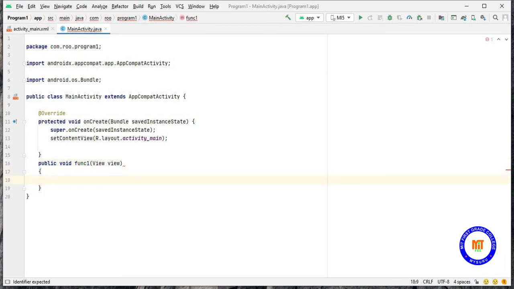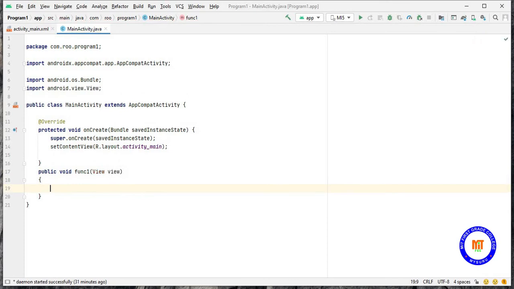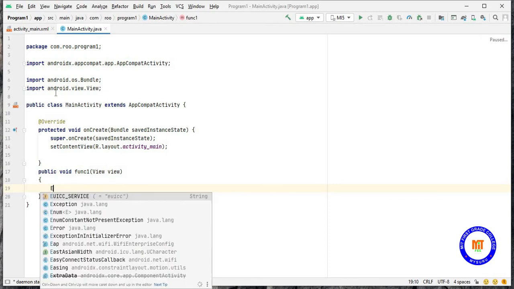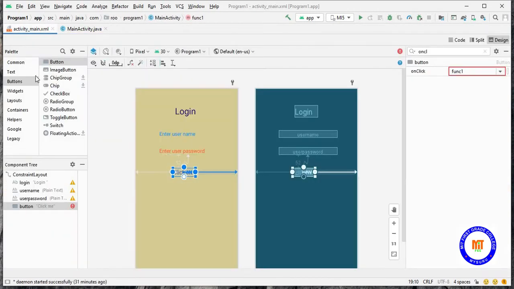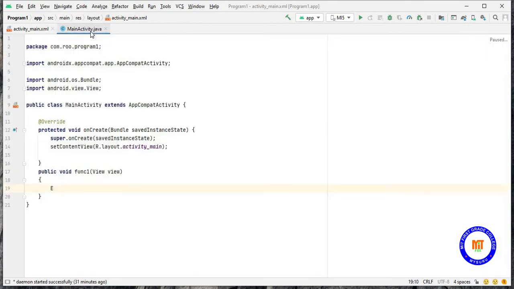So I will be starting the function. Whenever I click on that button, it has to perform this action. So first I will be taking two plain texts. Whenever I take two plain texts, I have to use the data type as EditText.